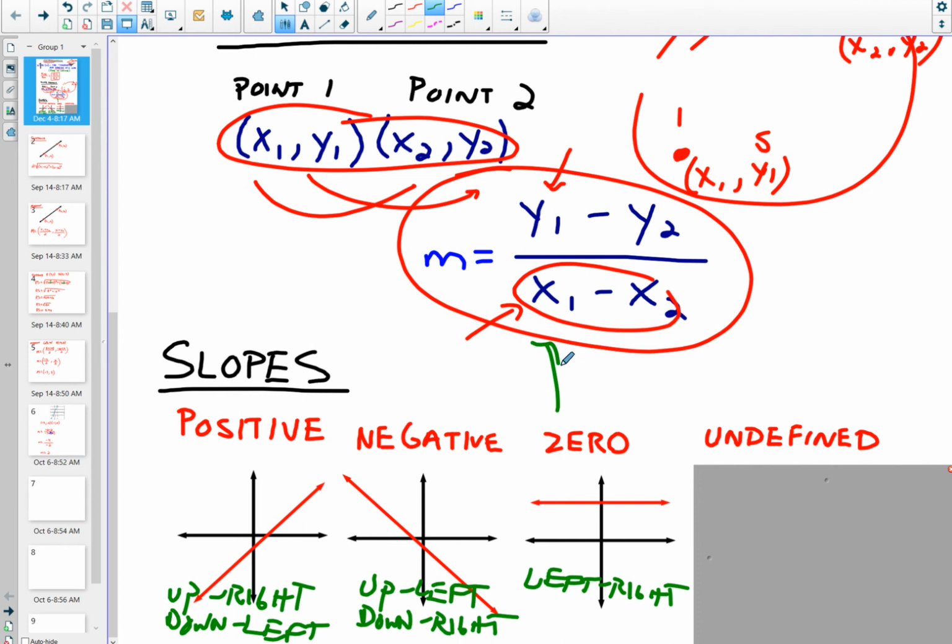Yeah, there would be a zero on top. After you subtract, if you have a zero on the top, that's going to be a zero slope. And you need to memorize this, because if you're looking at a picture and Jamal looks at this and goes, oh, hey, it's horizontal, sweet, that has a zero slope. But what if I can't look at it? You've got to subtract first. When the subtraction is done, if you have a zero in the numerator,